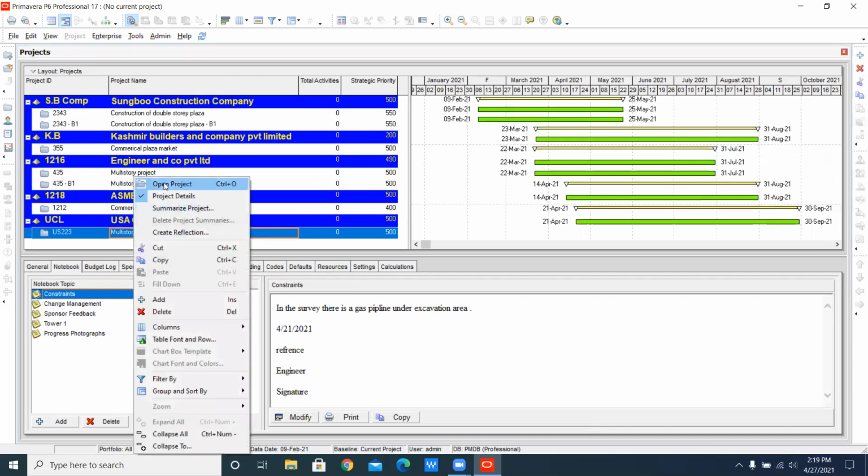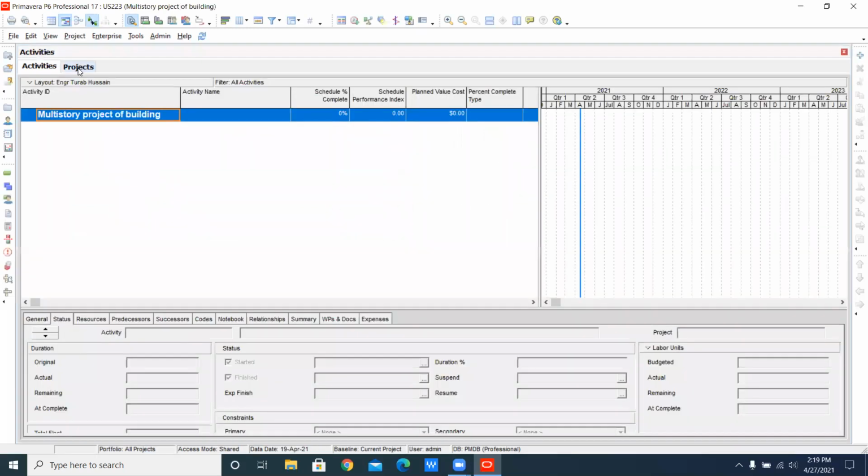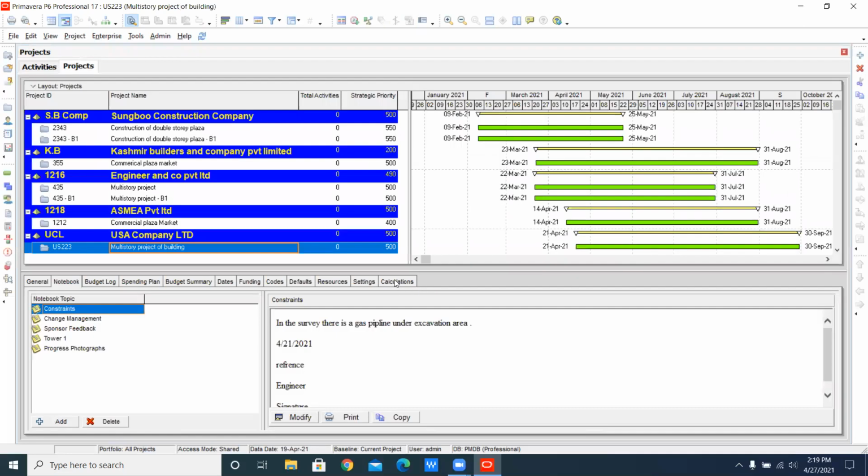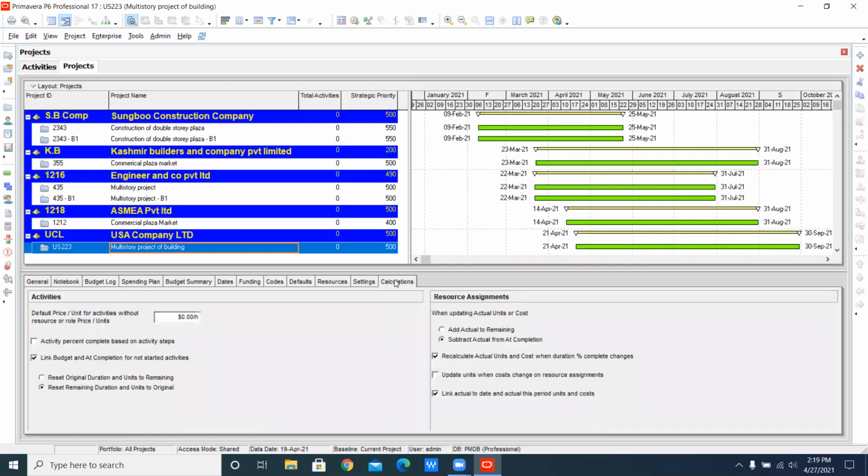I'm just opening it. After the second step, after the project portfolio and after the calculations, I have to come back to the WBS. Always remember that WBS is actually a template. What is a template? It comes under your OPA. All the templates come under OPA, that is OBS, WBS, all things.